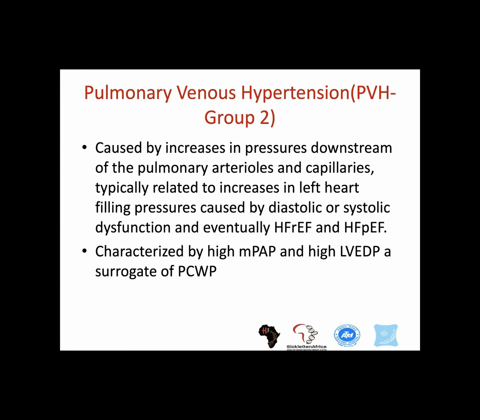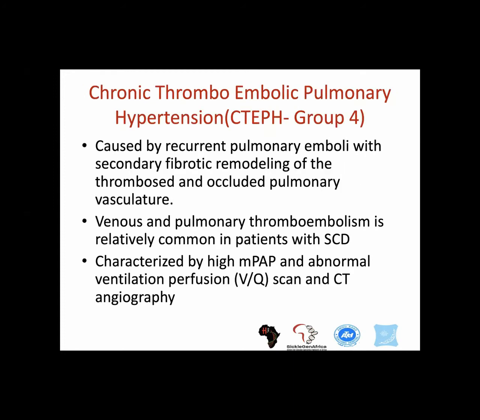That is to demonstrate the pre-capillary and the post-capillary. And finally, category 4, I mentioned, is from recurrent thromboembolism, and it's characterized by also having an increase in the mean pulmonary artery pressure. But in addition to that, when you do a ventilation perfusion scan, it's abnormal. And when you do a CT, computerized tomography scan, angiography, you see evidence of chronic thromboembolism, and this is how you